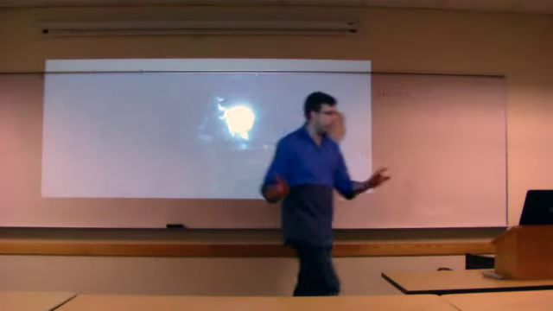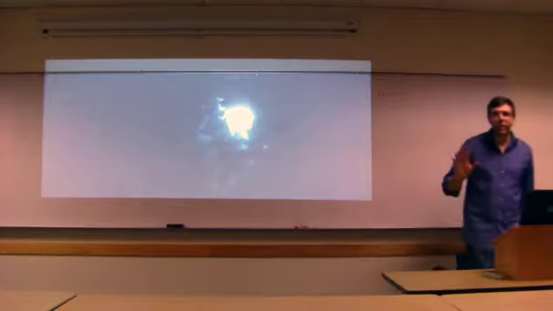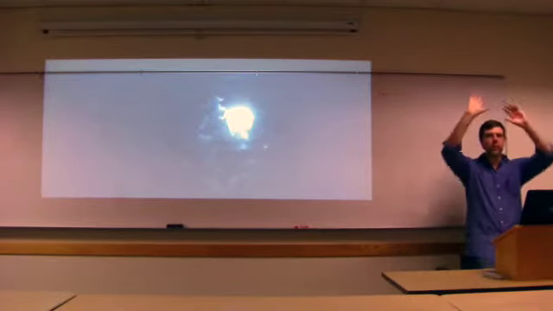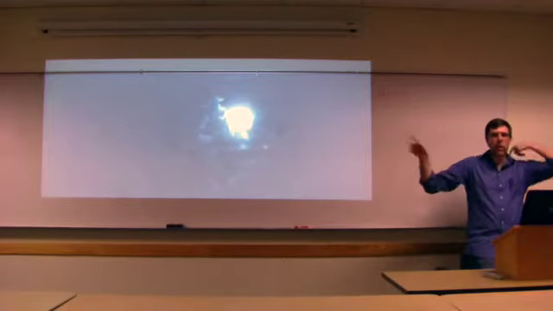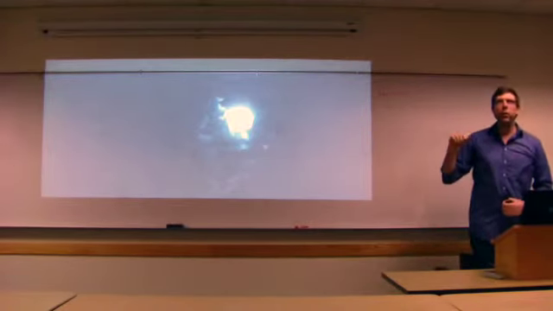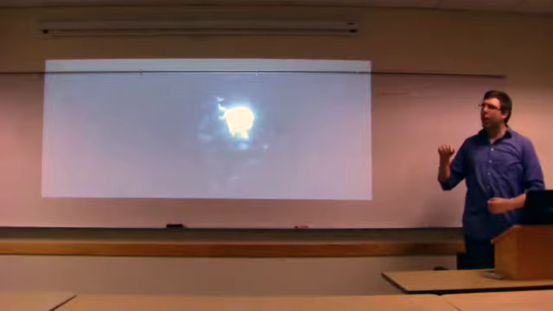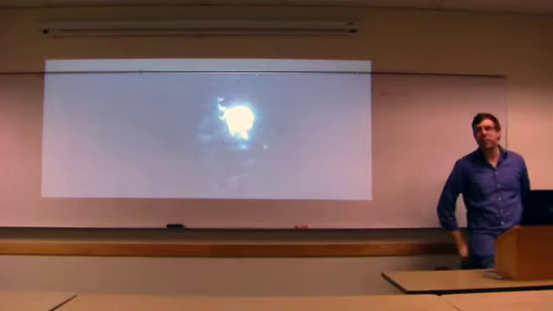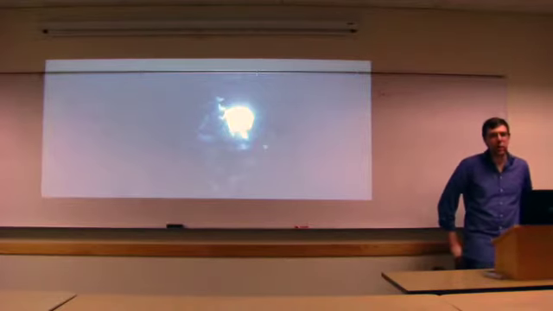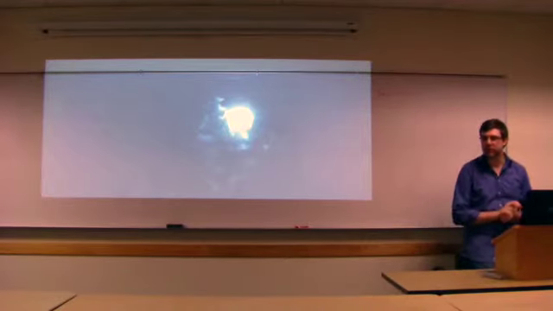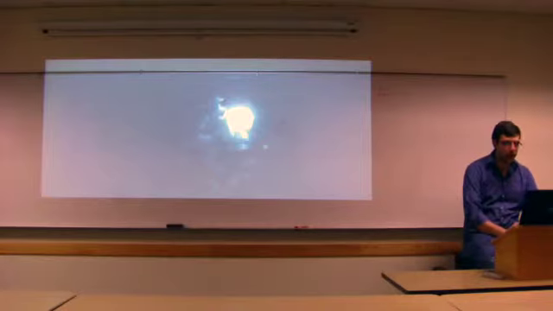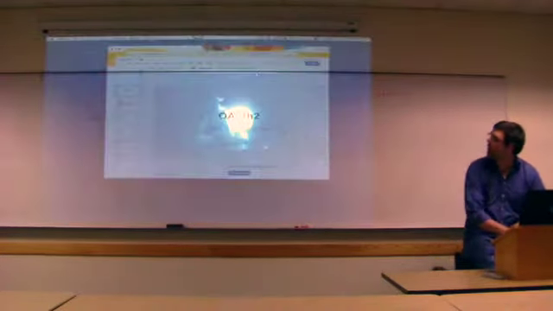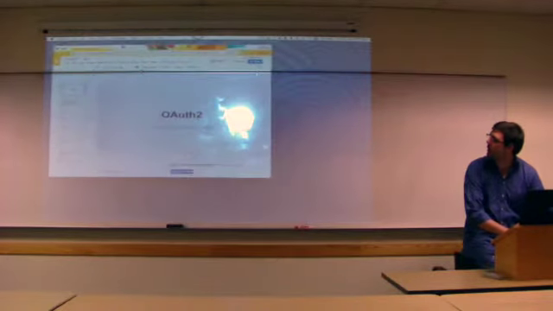Okay, so that's done. Now I'm going to show you how you can do this in Ruby. I've got a demo for the two strategies that I showed: the client-server strategy, which is the authorization grant access code strategy, and then I have another demo for the implicit strategy, which is the browser-only strategy. Let's see if the demo gods are with us, which I think they will be, because I've done this demo several times now.